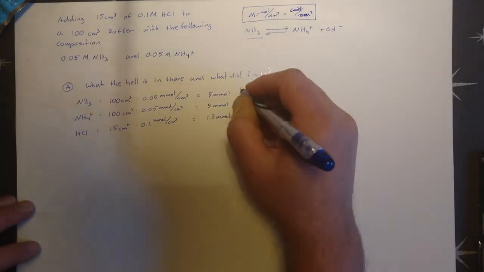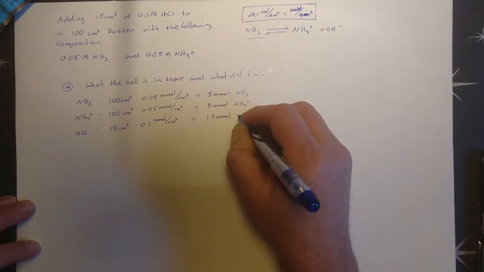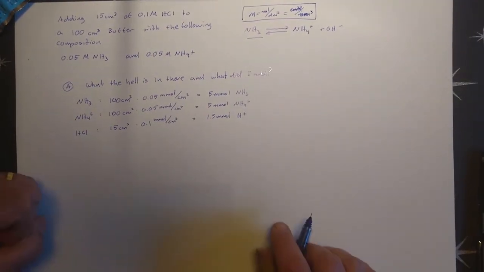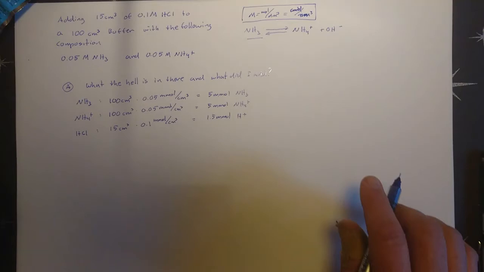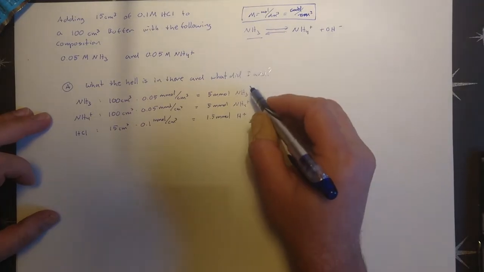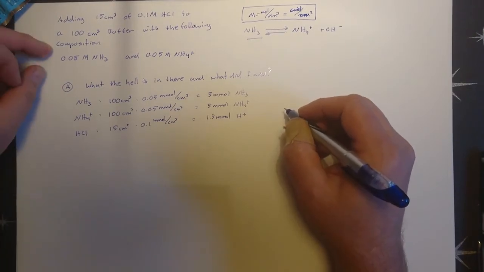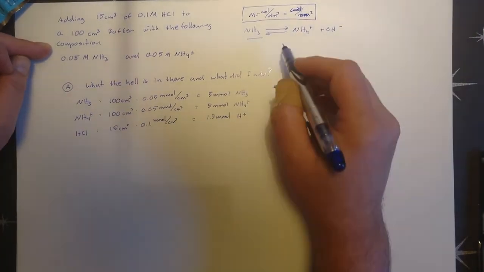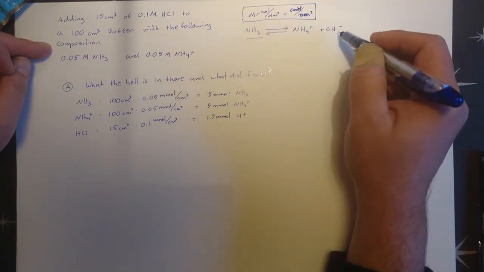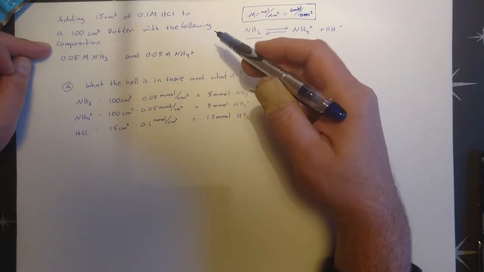Now we know what everything is. This is NH3, NH4 plus, and this we'll just simplify to H plus. It's always really important when you do buffer problems to think of this as the initial conditions. It's easy to be confused by the fact that the buffer is already present, and you think, aha, this equilibrium has already been established, so I have to find out what the OH minus concentration is before I add